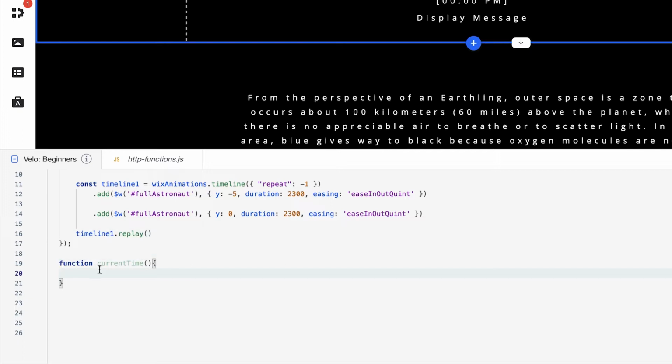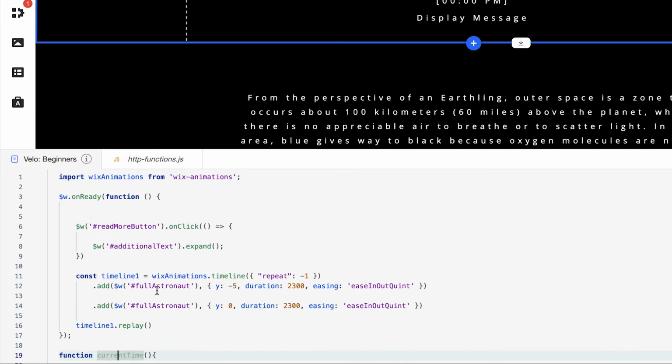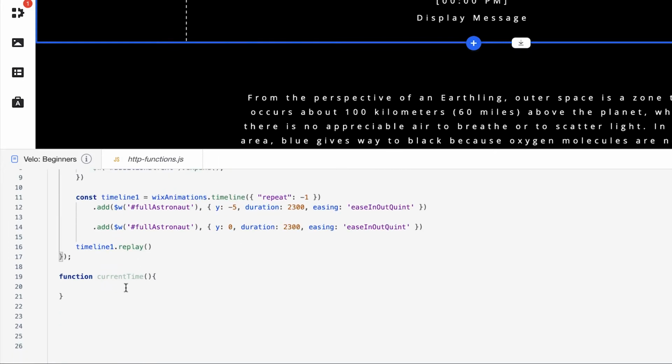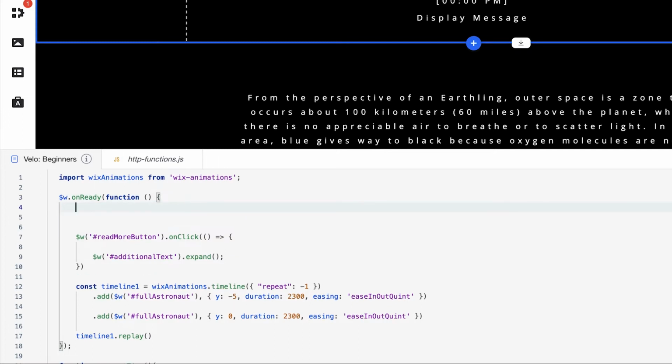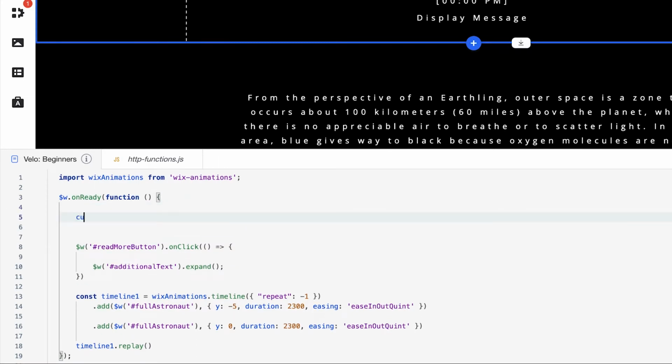And notice that when we create this function, it becomes idle. When it's idle like this, that means that this function hasn't been invoked yet. So let's invoke this function in our onReady function so we can respond to the event that happens. In this case, our response is showing the current time of wherever our user is. So we're going to invoke this function by simply putting the name of the function and also some parentheses next to it. So let's go inside of our onReady function, and we're going to type in currentTime, and autofill is already there showing us, and we can invoke our function here, currentTime.